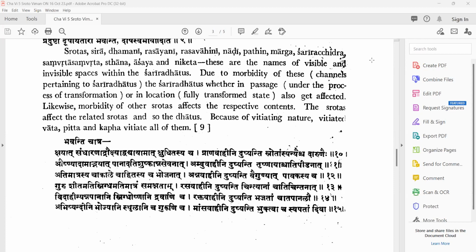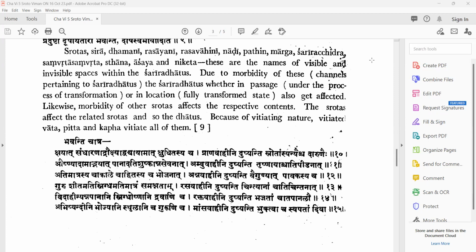Today we are discussing a very important topic, that is regarding the Srotas. Srotas is a very specific concept in Ayurveda. Srotas are compared to channels. These are the body channels, and there are innumerable channels, that is the hollow spaces in our body. They may be minute like capillaries. The lumen of the capillary is also Srotas.